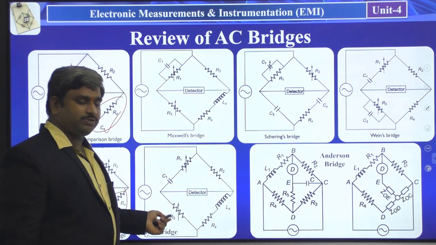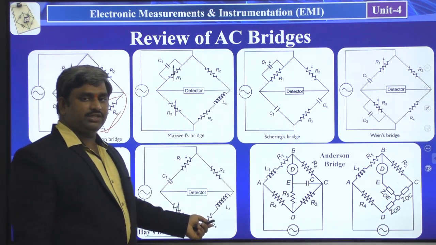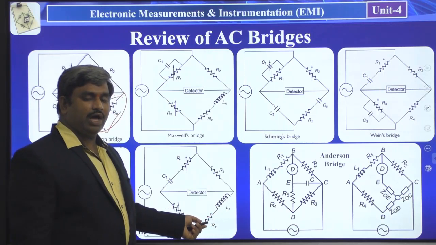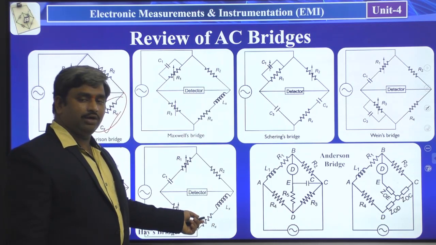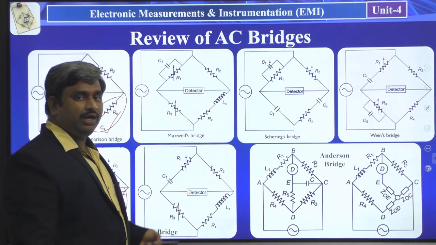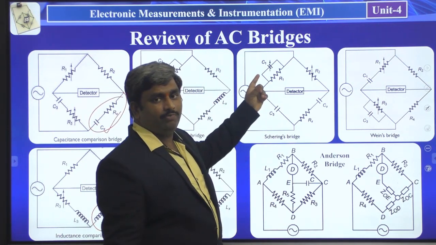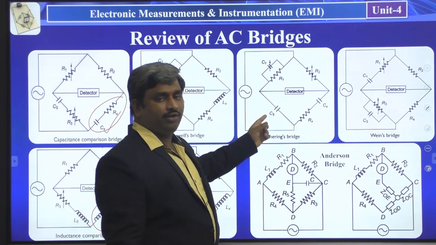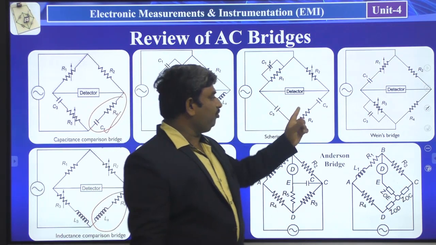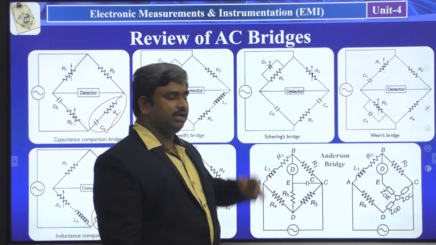And next coming to the Hayes bridge. In the Hayes bridge, we have a series combination of R and C and a series combination of R and L. So these inductance values we have to measure with the help of remaining components which are placed in the remaining arms. Next, Schering bridge. In this Schering bridge, in one arm we have an RC parallel combination, and in one more arm there is no resistive parameters, only capacitance values are available. In the fourth arm we have unknown capacitance. That unknown capacitance value we have measured from this Schering bridge.